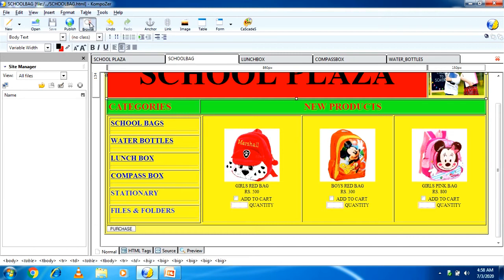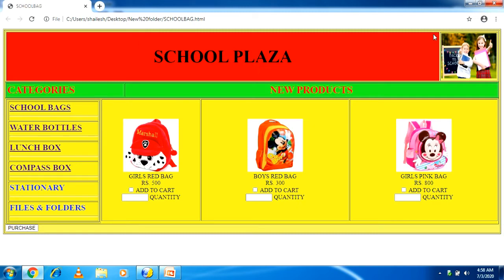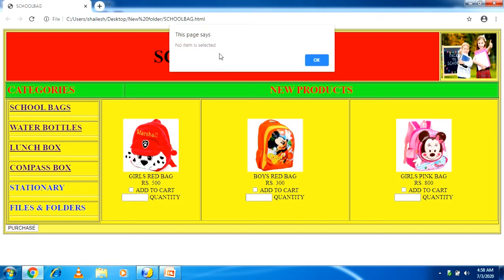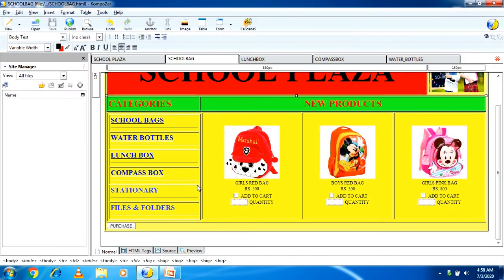So I browse the page, school bag, and the purchase button I want to shift to the center. So next time I shift it to center, I click on it, student. So I get the message no item selected. It means first you have to select the item, after that you can write quantity, then it will show the bill. Okay, so what we have to do, this button I have to add in center first.